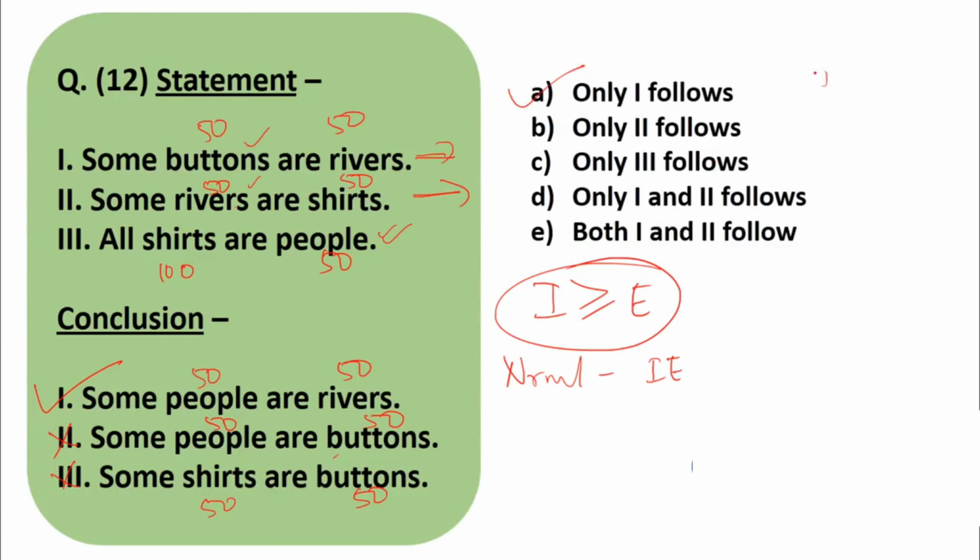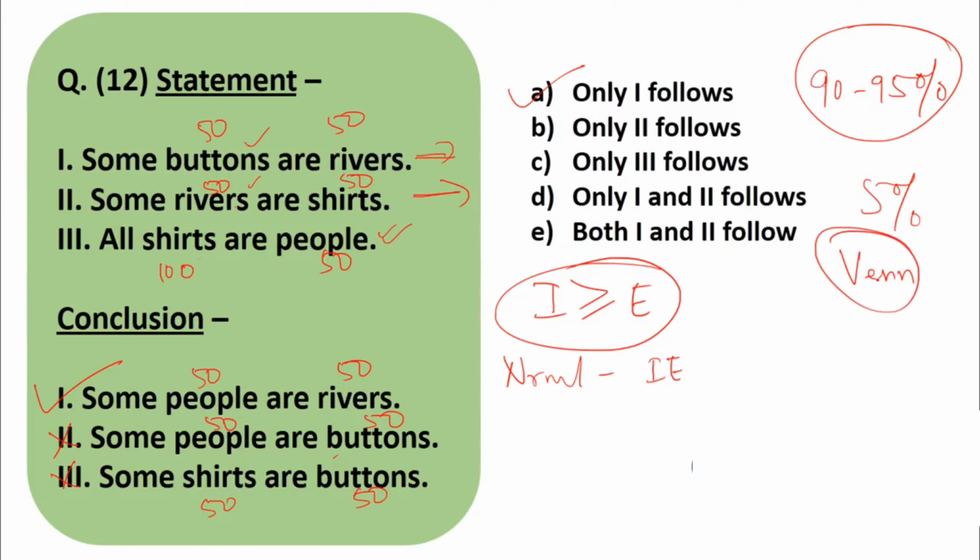Please remember, almost 90 to 95% of the time you will get these normal sums of syllogisms. Hardly 5% of the time you will get the tough possibility sums of Venn diagram. Even those are very easy if you practice. But do this income expenditure method very nicely, because this will give you the exact and accurate answer. If you try to solve these using Venn diagram, you will get confused, as there are many possibilities. So it is much better to use the income expenditure method. Now next question.